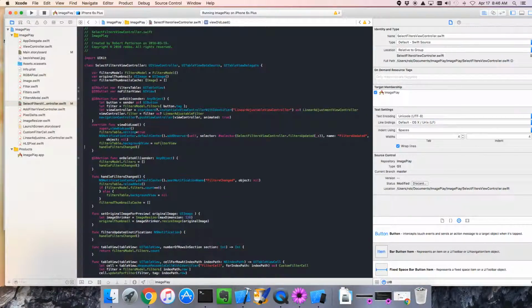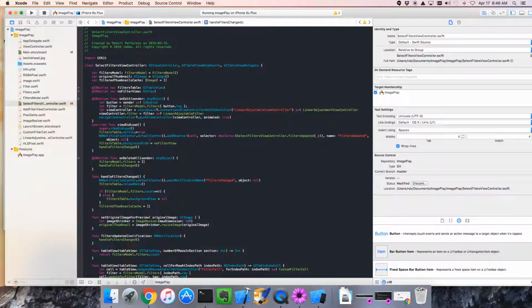Okay, so now it's assigned, and handle filters change just simply needs to do a visibility check. So we can really clean this up. We can say something along the lines of the no filter view. I can just grab that word, no filter view dot hidden